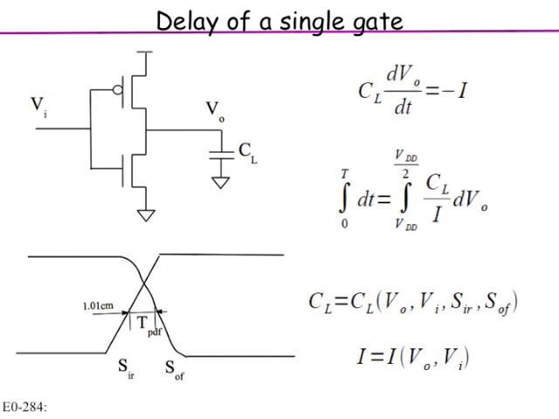So let's look at the delay of a single gate now, right? What we said was the delay is defined to be the time between 50% of the input to 50% of the output. Let us say the input is a ramp which goes up, it has a certain slew time, SIR, which stands for slew and IR means input rise. So input could rise, input could fall, so there are two possible numbers there, slew IR, slew IF. Similarly, output could rise, output could fall. For a single gate, it's always an inverting gate. But when you discuss in terms of a path, it could be inverting or non-inverting, we don't know, right? It could be both. Both can happen.